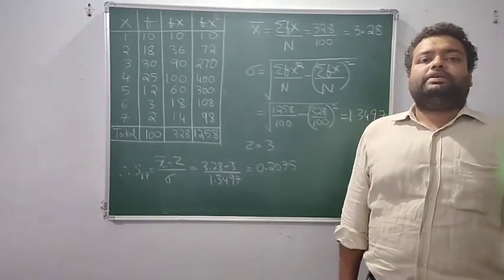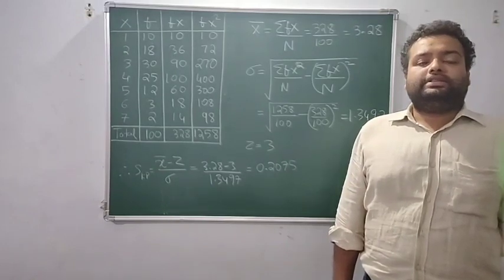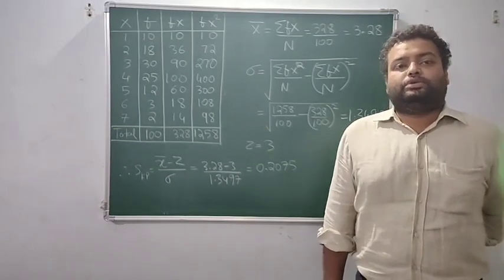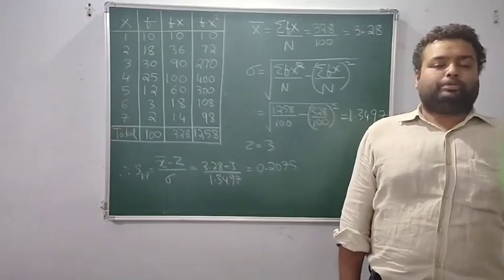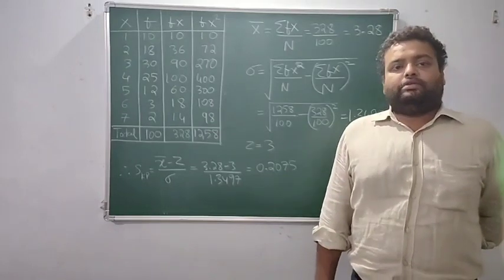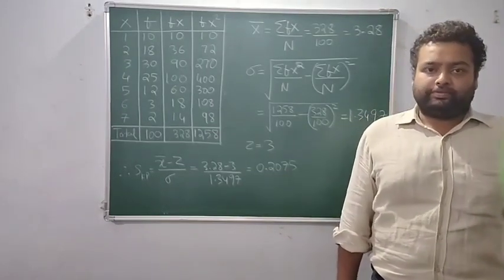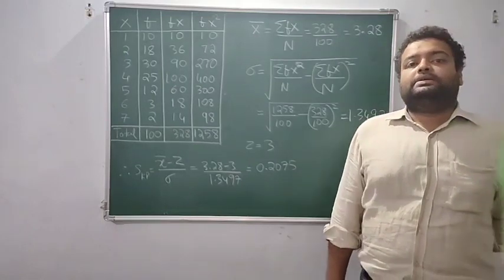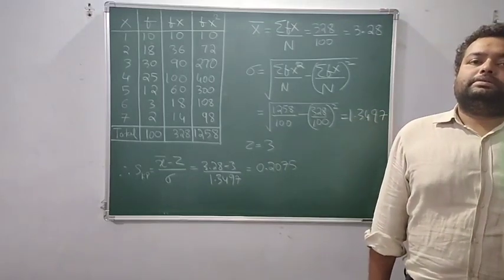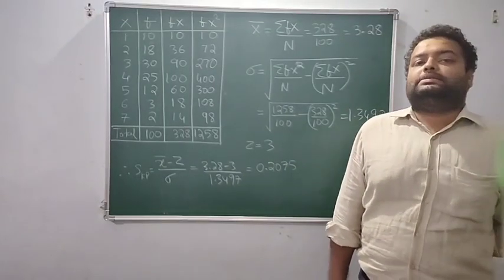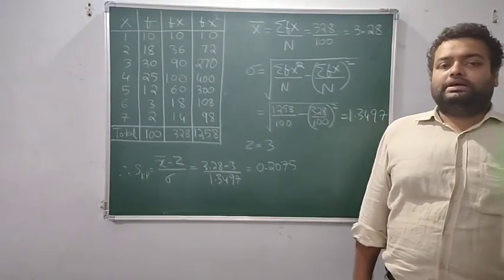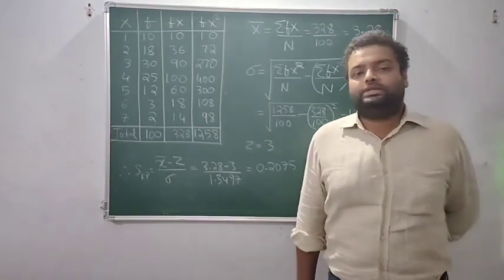So in the previous section we dealt with the definition of moments, definition of skewness, the types of skewness: positive skewness, negative skewness, or positively skewed distribution, negatively skewed distribution, and a symmetric distribution. We also dealt with two formulae for coefficient of skewness, that is Karl Pearson's coefficient of skewness and Bowley's coefficient of skewness, and also skewness based on moments. So in today's session we shall look at a few examples on Karl Pearson's coefficient of skewness.